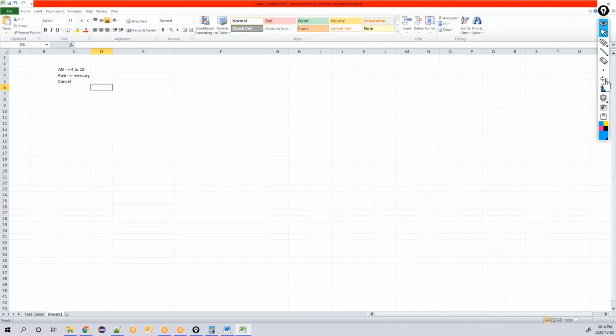Always the trick is this, whenever you are writing a test case. Let's say you have a username field, a password field, and a confirm password field. Like this, you have multiple fields. We write test cases on field level validations. Field level validation means you take one field at a time.